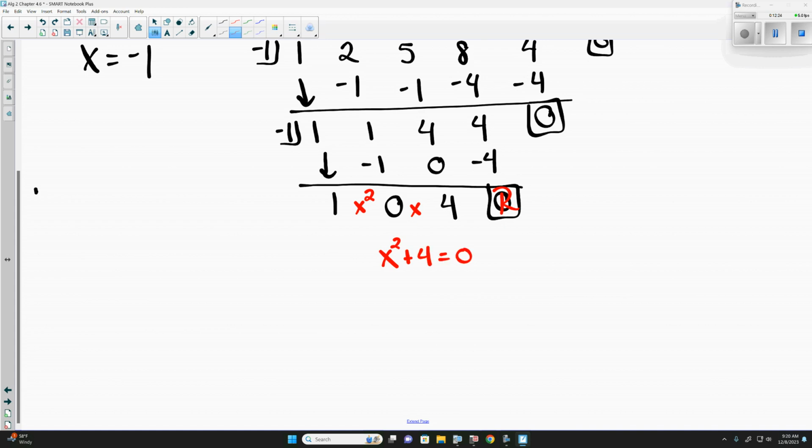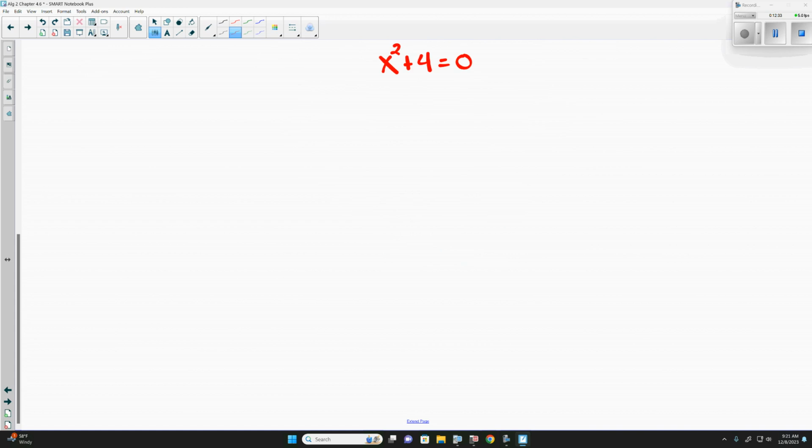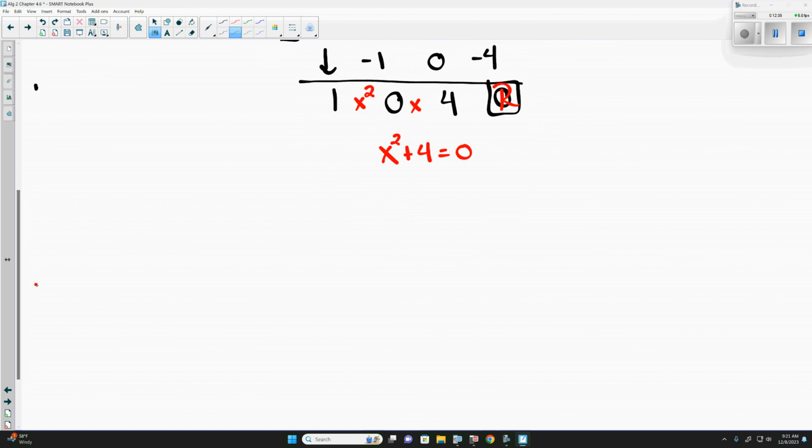So what we're left with is x squared plus 4 is equal to 0. This one is kind of nice, because this quadratic does not have a middle term. And if it doesn't have a middle term, we can use the square root method. We can get the x squared term by itself. And to do that, we would subtract 4 from both sides, telling us x squared is equal to